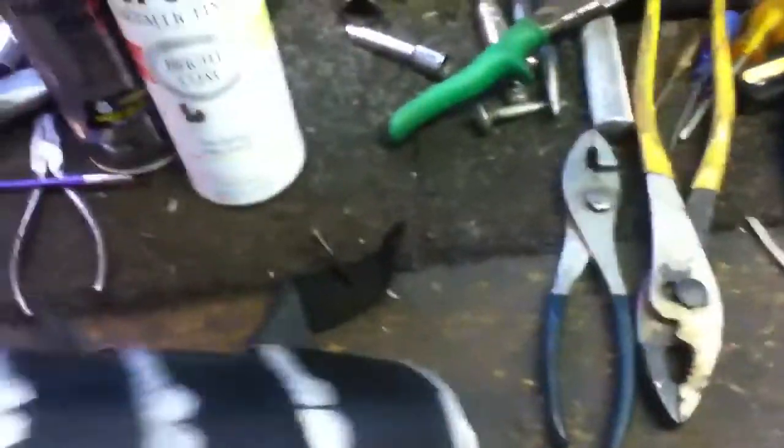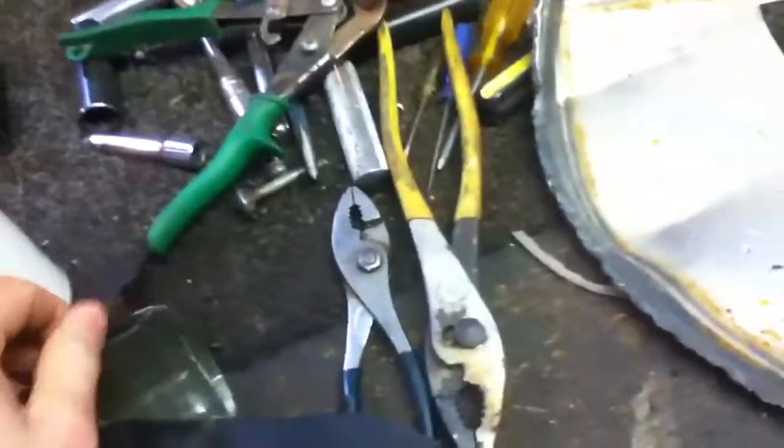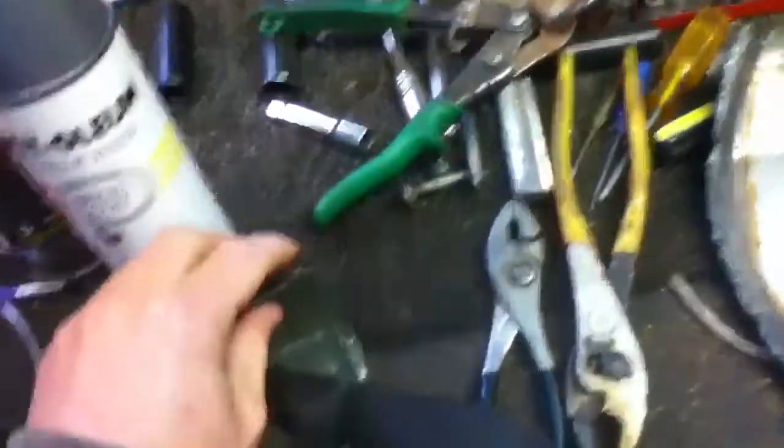Basically, yeah, that's how I made this thing. It's pretty awesome. I enjoy wearing it. Besides, it sometimes scratches me a little bit. Got to be watchful of that. Make sure you get them buffered up pretty